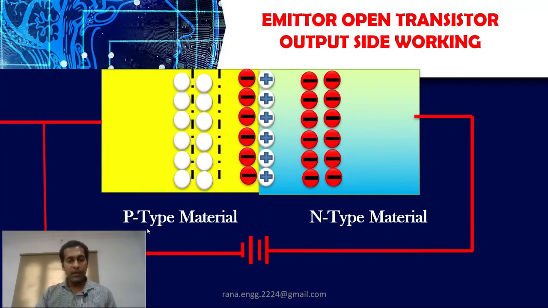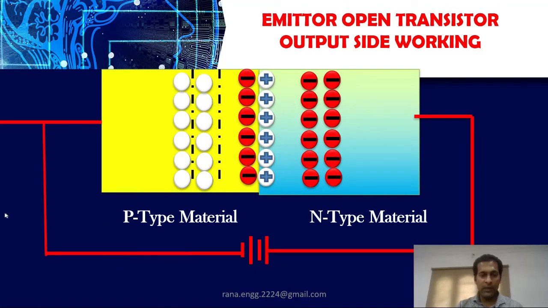Now another side we will keep open. Now we will keep the input side open. So the left side we are taking as input, it is open. In this case we are using an NPN transistor, in the last example we were using a PNP transistor. So P type and N type are working, right? And you can see the connection, they are reverse bias.